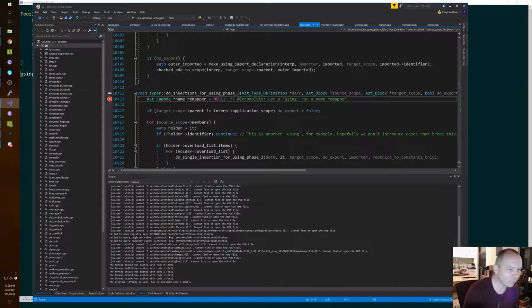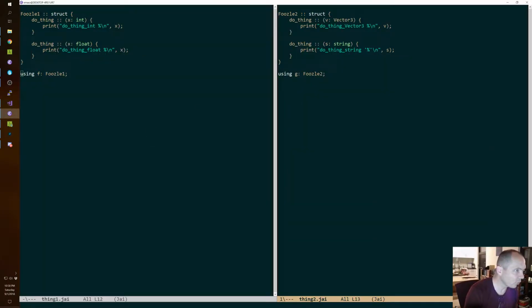So the problem there is, while we're waiting for more things to show up, we shouldn't be resolving any overloads. What's happening is we're exporting these overloads, and that's great. And then we're resolving this thing in main.